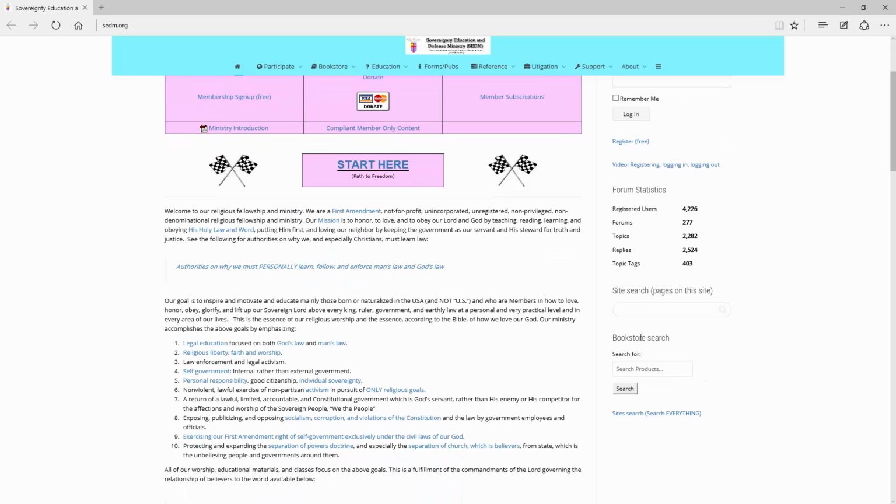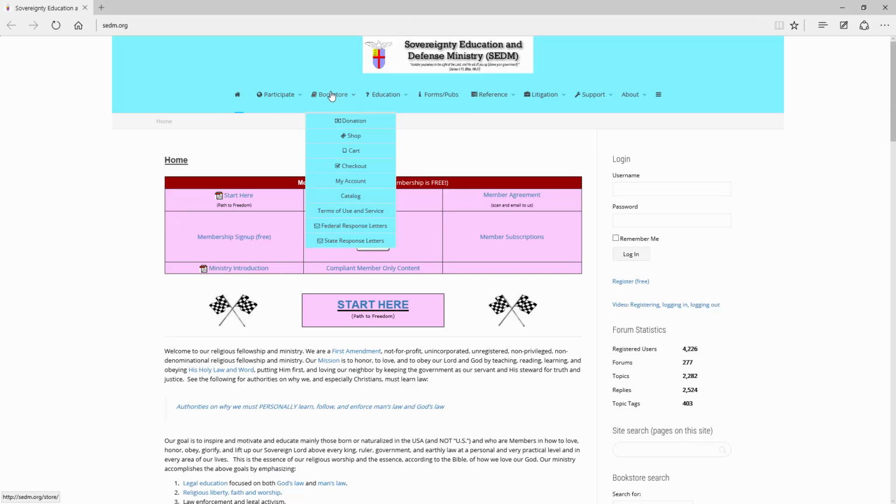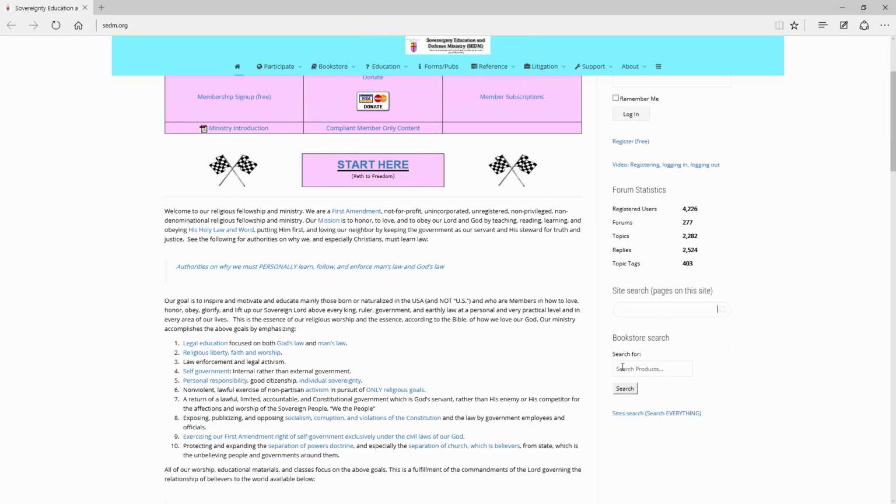Below that we have the bookstore search. The bookstore search will allow you to search the ministry bookstore for items by their item number or their SKU number or their name. And the bookstore is found in the top menu here. There are lots of entries here for the bookstore: donation, shop, cart, checkout, my account, catalog, terms of service, federal response letters, state response letters. So we can search all of these things here using the dialog or field found in the lower right corner